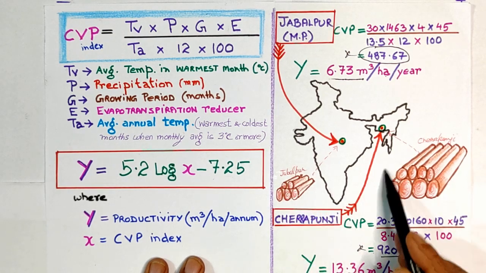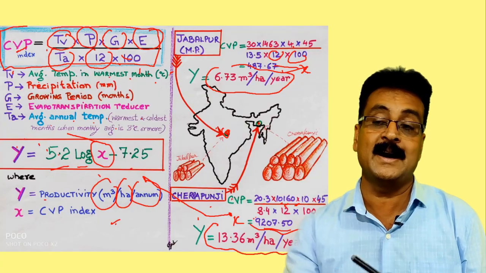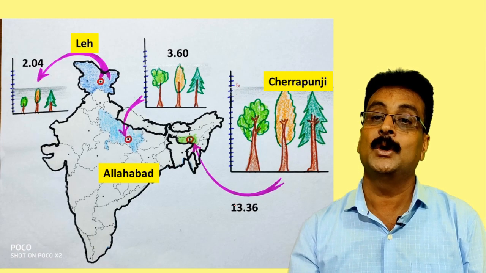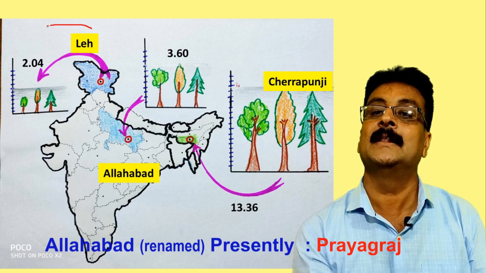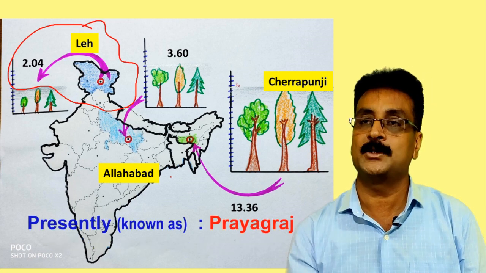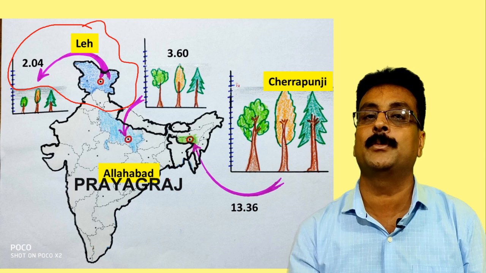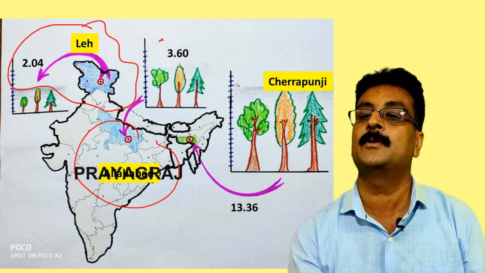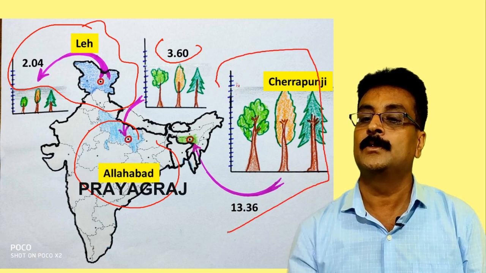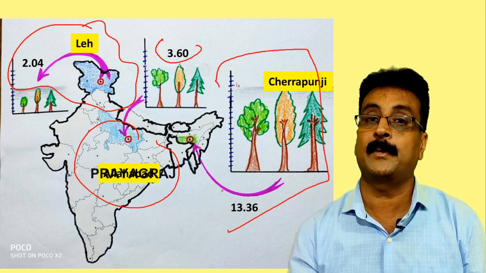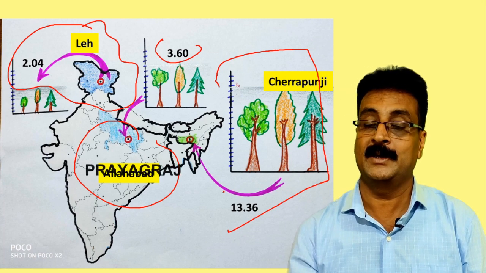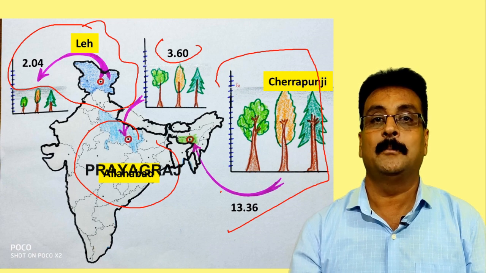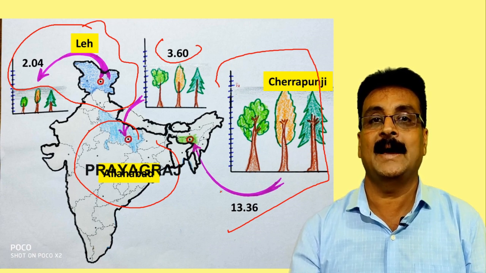So this way you can calculate and know the potential productivity of that area. So you can grow the trees and forests and plantation accordingly. So that is how you decide. So you see the Leh Ladakh, whatever you do, you have potential productivity of 2.04 cubic meter per hectare per year. In Allahabad, you see the productivity is 3.60. You see the Cherrapunji have 13.36 cubic meter per hectare per year potential productivity. So this way forester can know the potential productivity and calculate the productivity of that area and then plan your